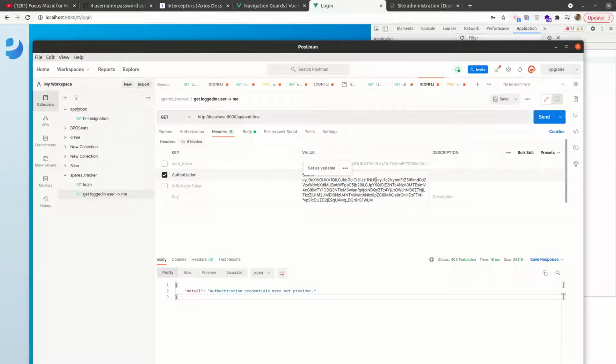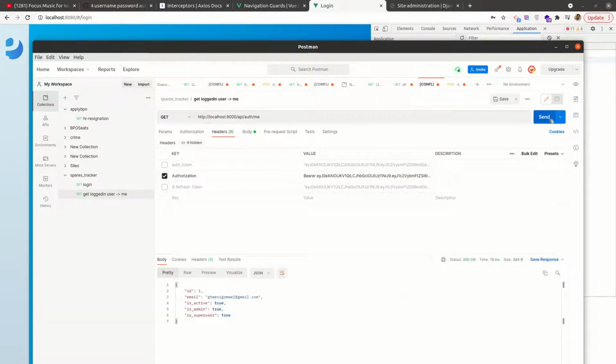We see that these three parts of the token are separated by dots. So for now, that's it. So this token, if I click send, I see I'm able to successfully log in and successfully return the